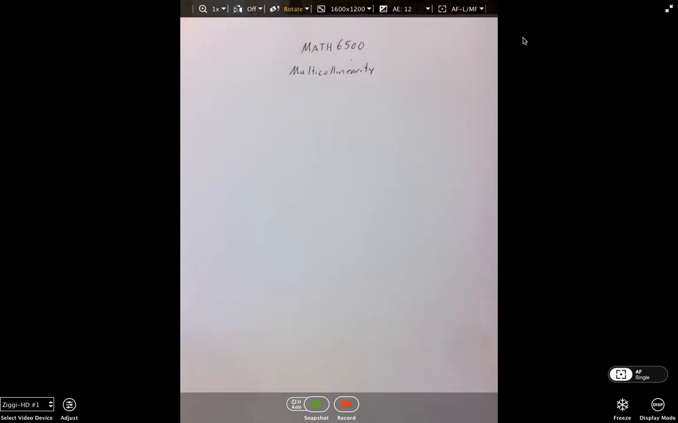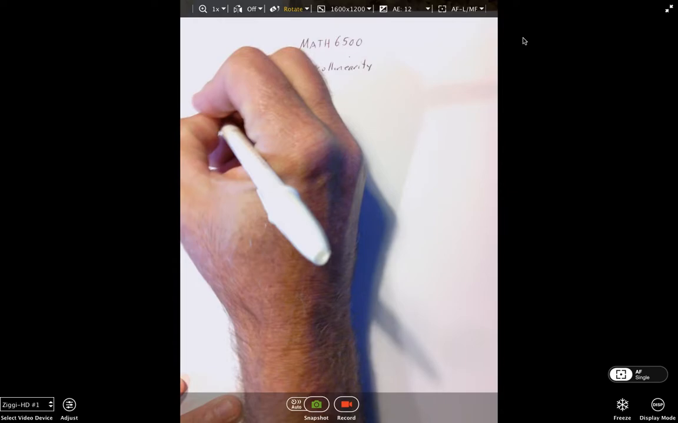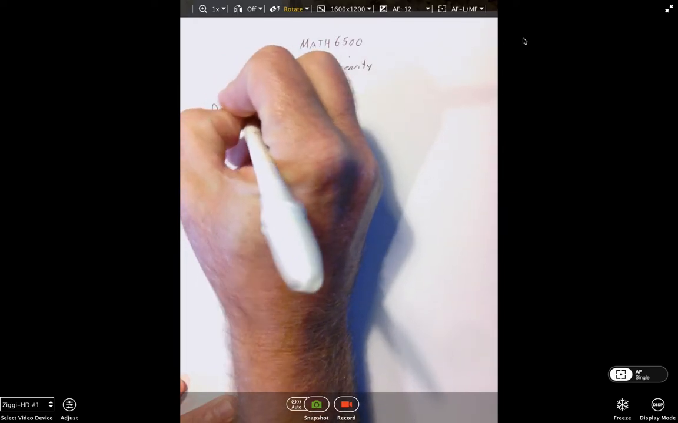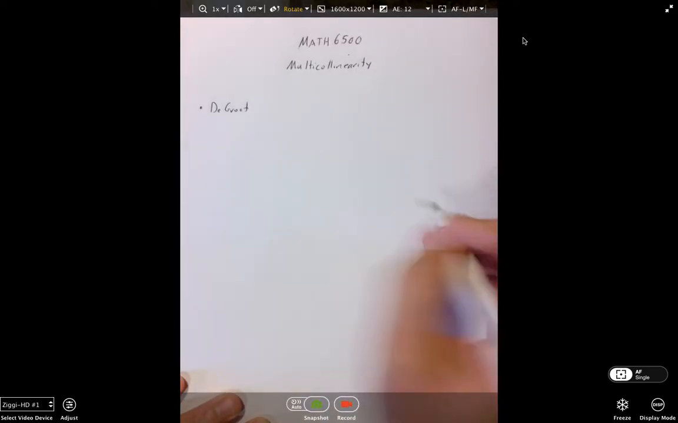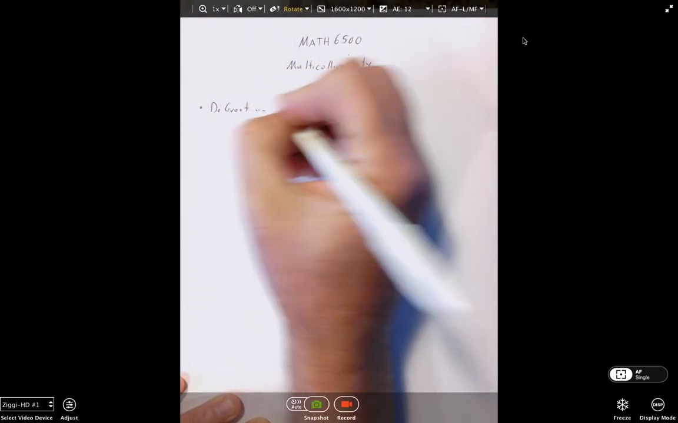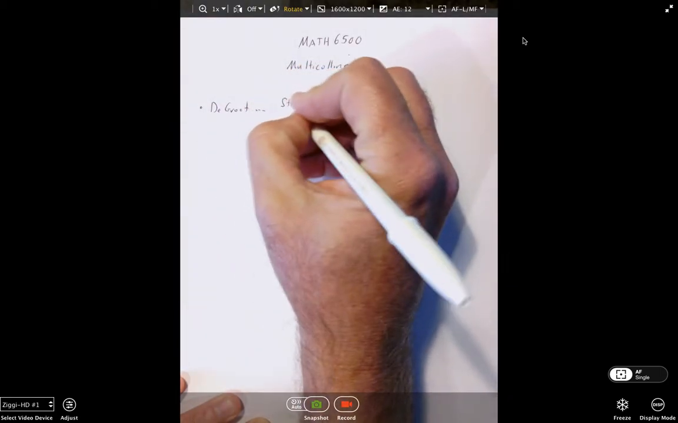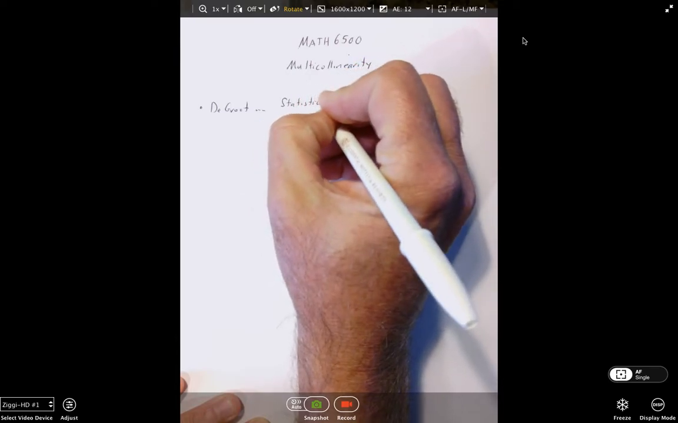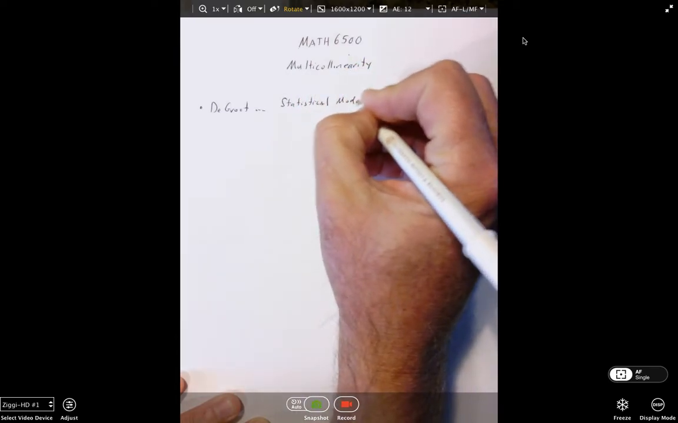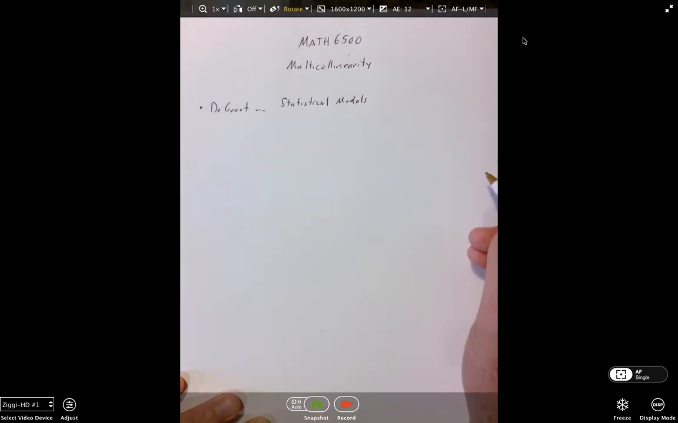Anyway, let's get into a little bit of review. I don't want to just jump directly into multicollinearity. One of the resources that I use for this class is DeGroot, and I don't remember the name of the text, but I think it was Statistical Models, Modeling the World, or something. But stealing some quotes from him,